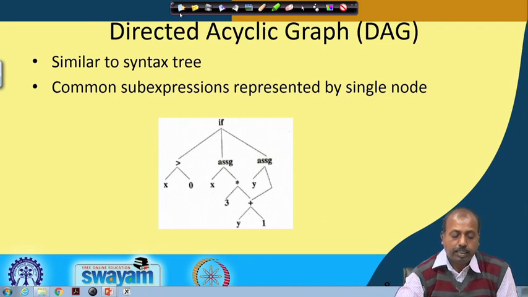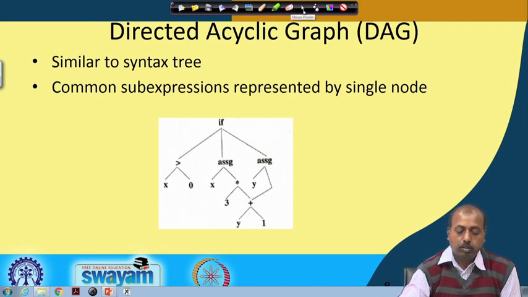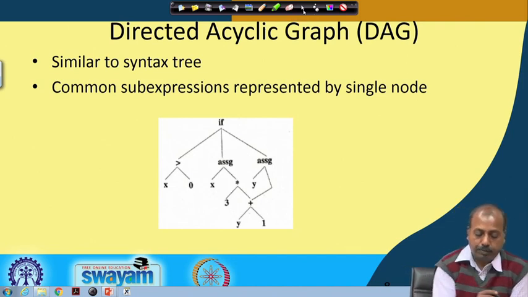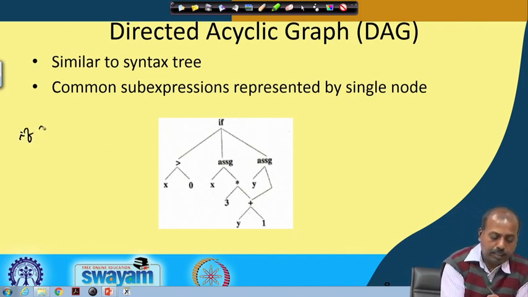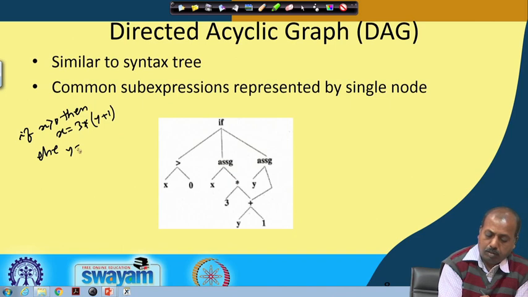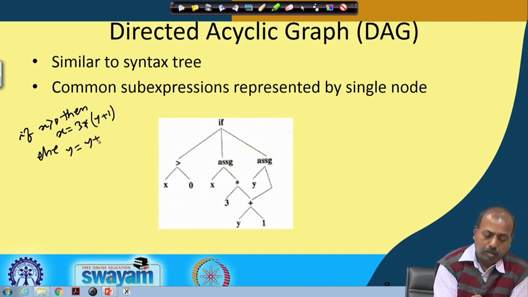Like in the previous example that we had looked into, if x greater than 0, then x equal to 3 into y plus 1, else y equal to y plus 1.